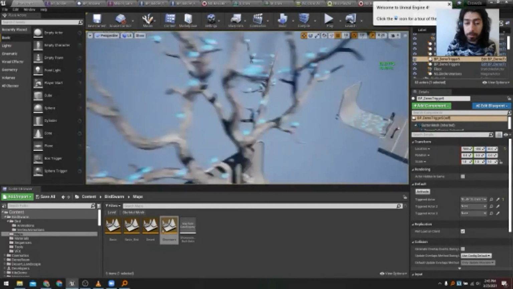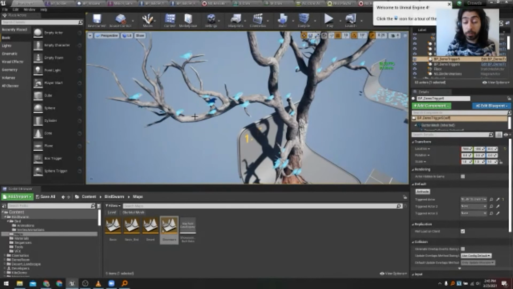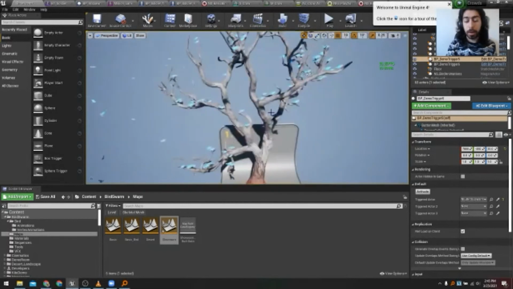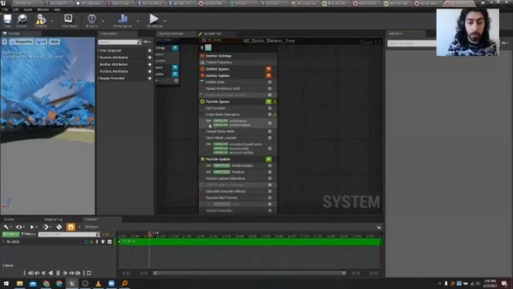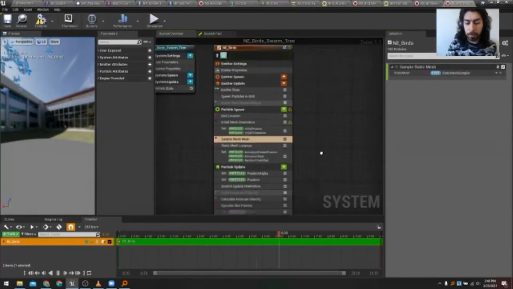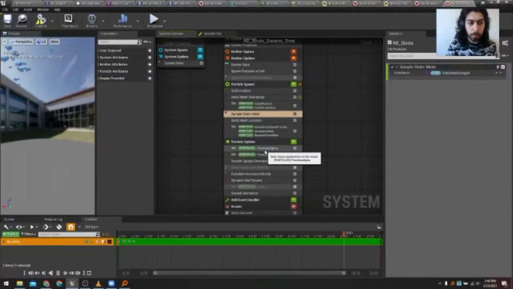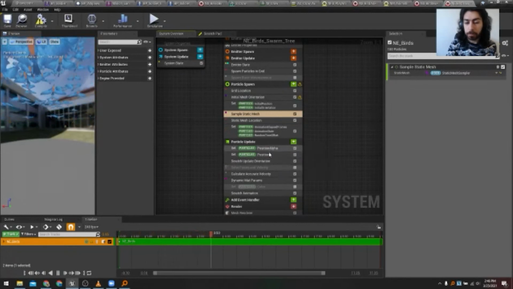And the reason they can land on a tree is because Niagara understands meshes. You can sample a mesh. I even selected the top of the mesh by having a separate material ID on the tree. And then the bird said, okay, give me a random point on those positions where I can land. And they just landed on it. We can actually open this to show you the example. It just has a sample static mesh where we input the static mesh to sample it. And then we do a lerp between the two positions, between the ground position and the tree position. And then we just update the orientation as they go.